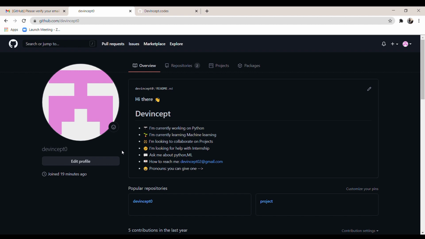So you have learned how to create a GitHub account and to create a small portfolio, and also learned some basic things like pull request, fork, and how to create a folder. So now you are good to start with your GitHub and ready to start with your collaborations. Also, I will put some examples of good special repositories in the description. You can start with the one you like.